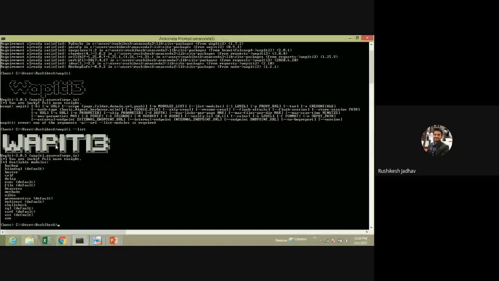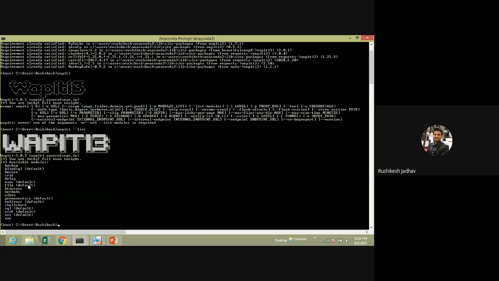The available modules are backup, blind SQL, buster, CRLF, delay, execution, file, htaccess, methods, netcode. These are all the modules that check whether a vulnerability is present in the website. So we can simply copy a website from here.